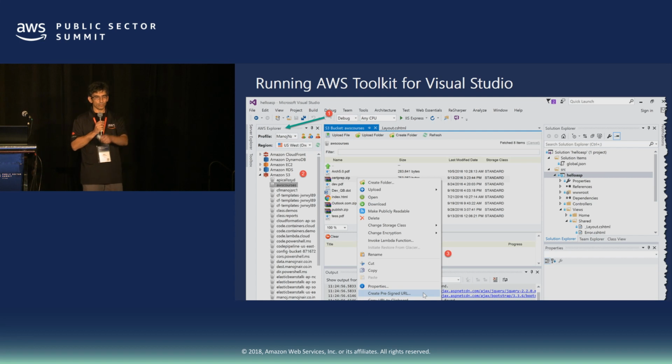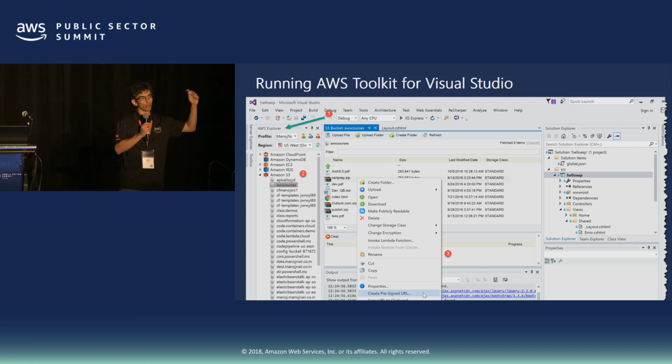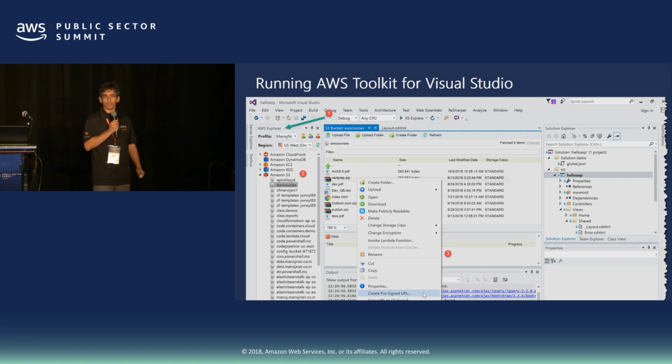Using Visual Studio, I connect to Elastic Beanstalk. Elastic Beanstalk is our platform as a service. And I right-click, I'm not kidding, I right-click on Elastic Beanstalk and say deploy. And then it asks me two questions: how many servers do you want to deploy, and do we want to have a load balancer in front of those? And then deploy. My application was up and running on AWS in minutes from Visual Studio.